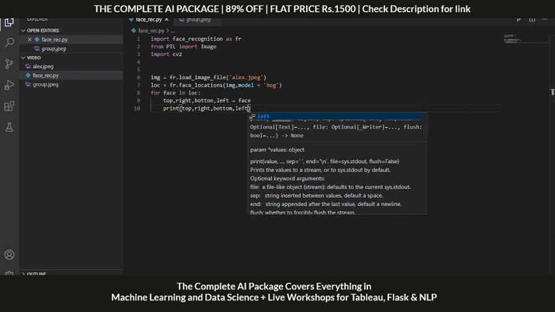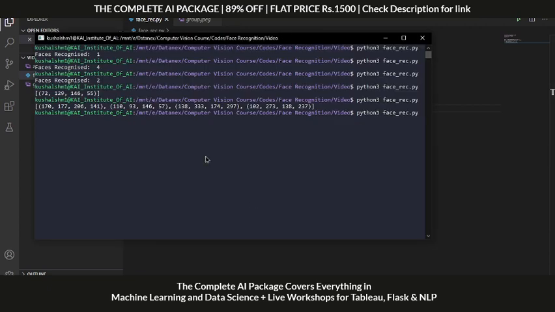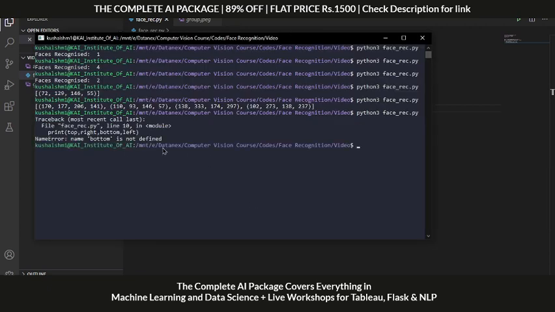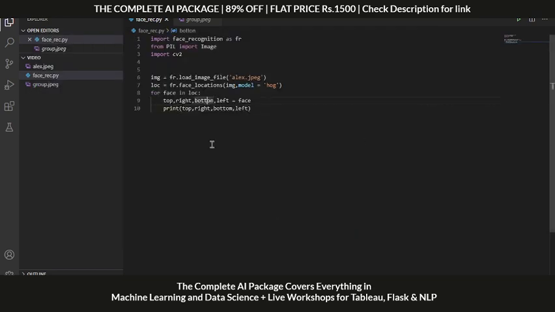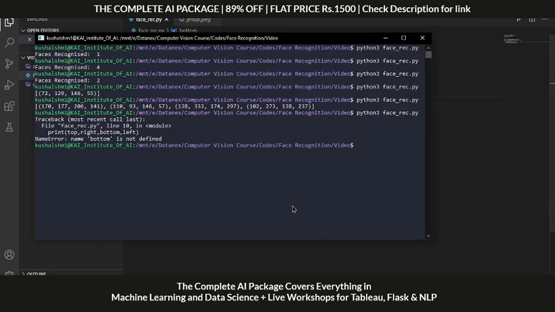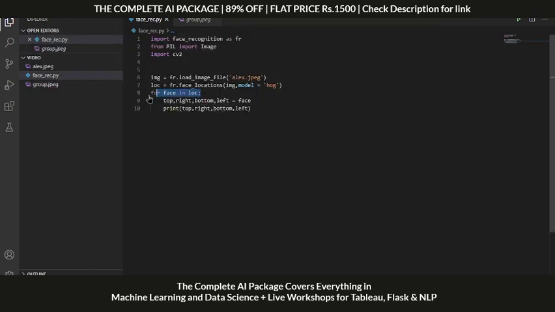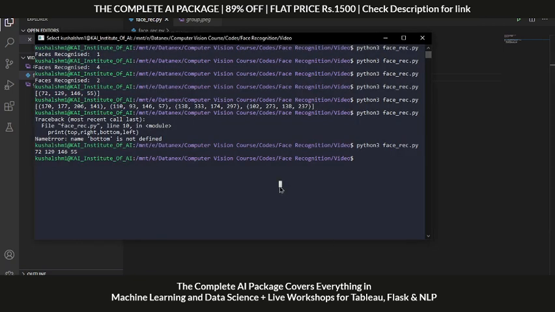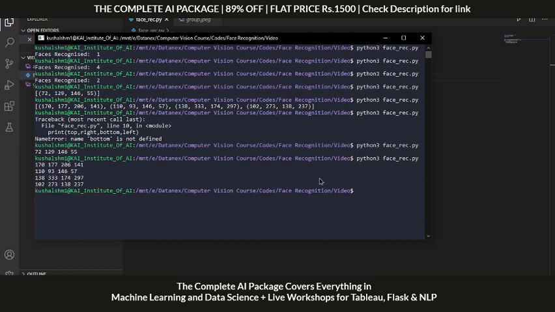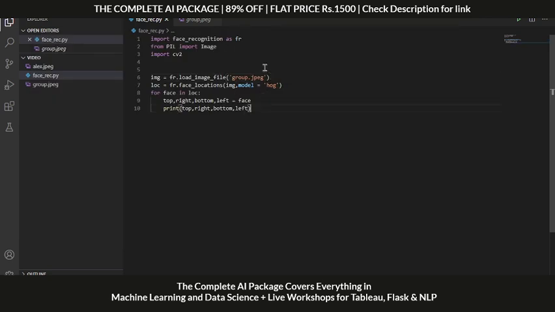left, right? Now let's go to our Linux subshell, and you can see, okay, bottom is not defined. Right, so you can see these are 4 coordinates which are extracted. Now this loop, what this loop will do, if we'll be having multiple coordinates, we'll be able to extract multiple times, right? How multiple times? You can see if I just select group.jpg, you can see all of the 4 faces are in the variable,